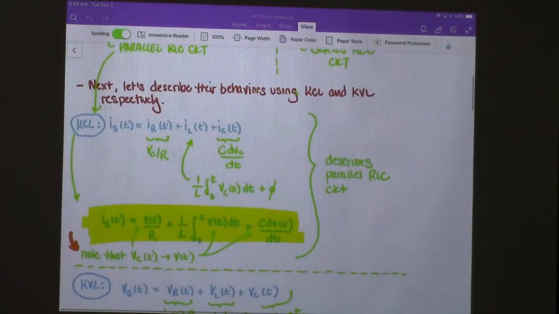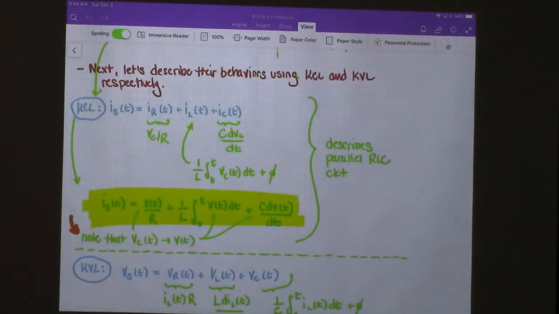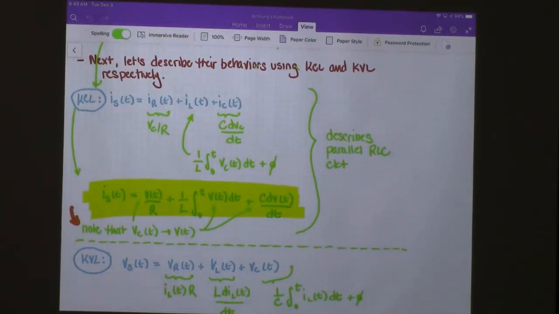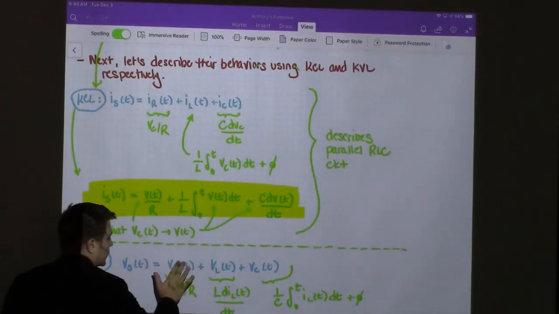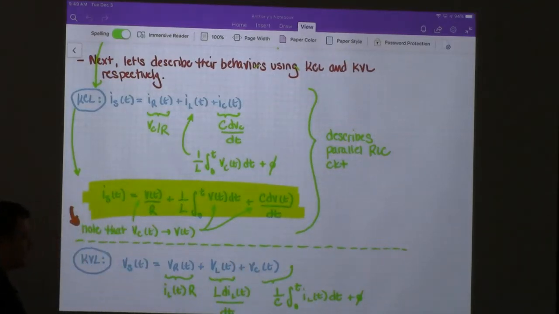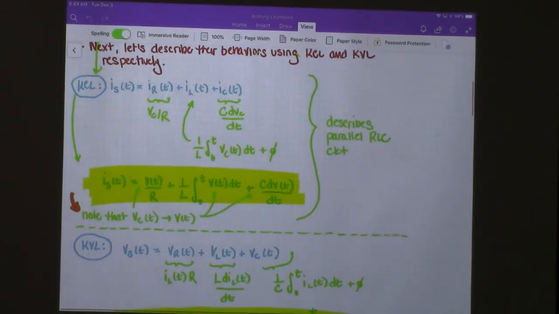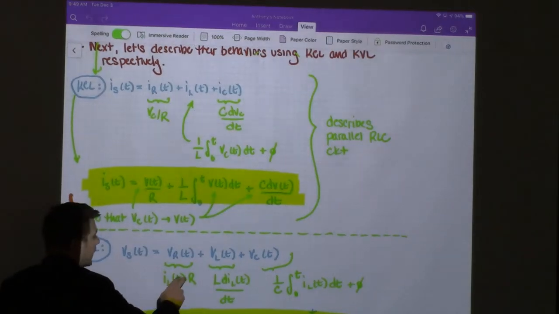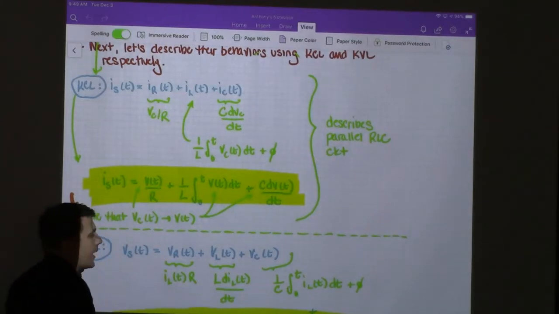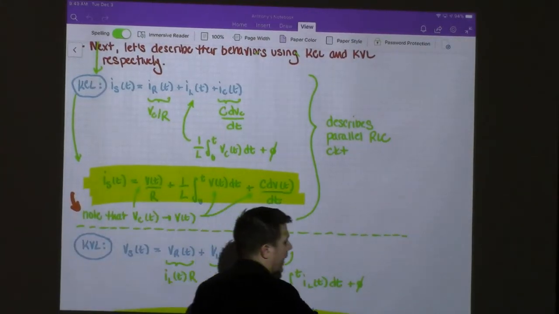Next, our series circuit. For our series circuit, I'll try to leave as much on the screen as possible. We have Vs is equal to the voltage across the resistor plus the voltage across the inductor plus the voltage across the capacitor. We'll substitute in there using Ohm's law as well as the VI relationships again for the inductor and the capacitor: I_L times R, L di/dt, and then 1 over C, the integral of I_L